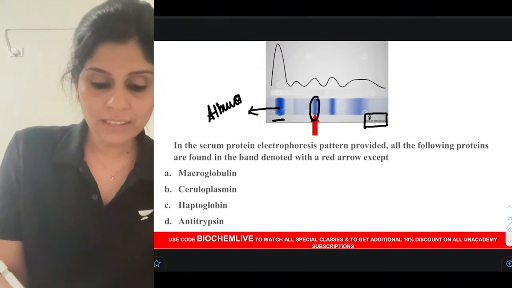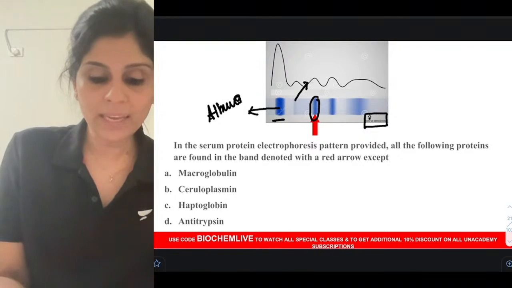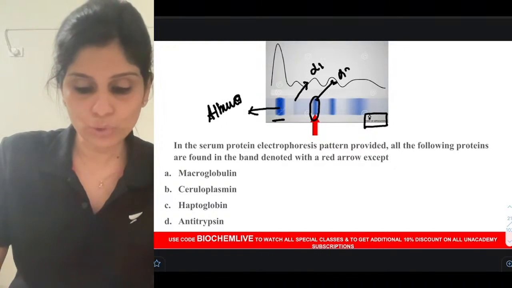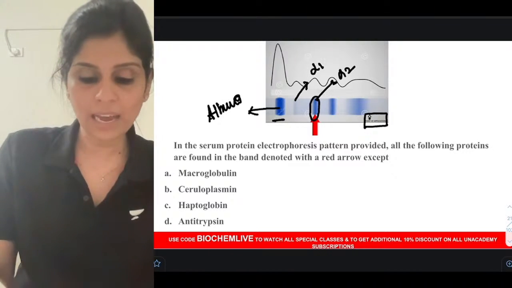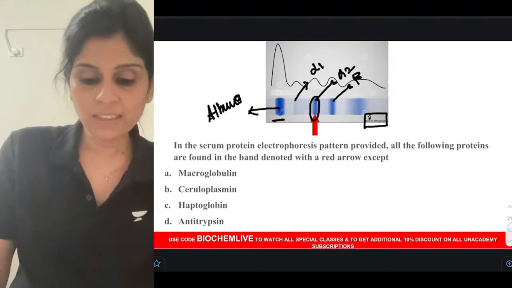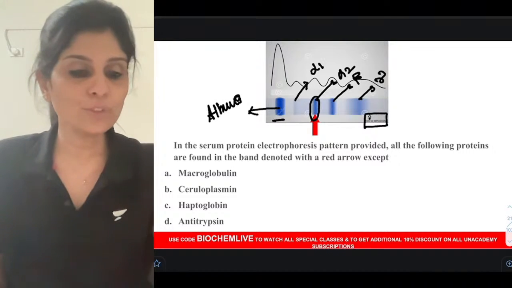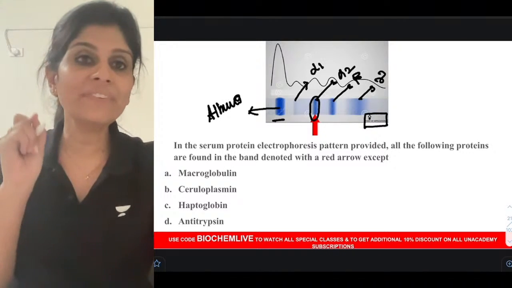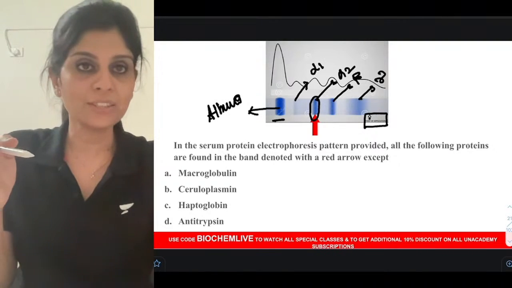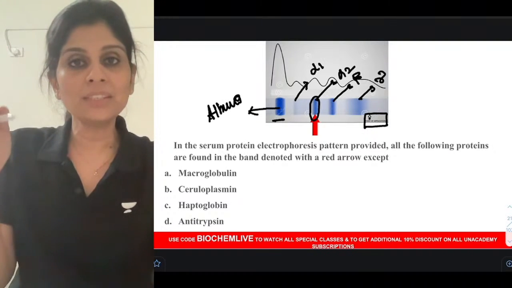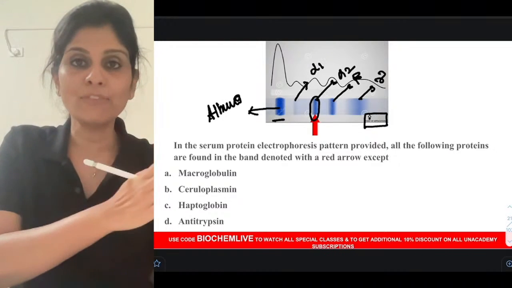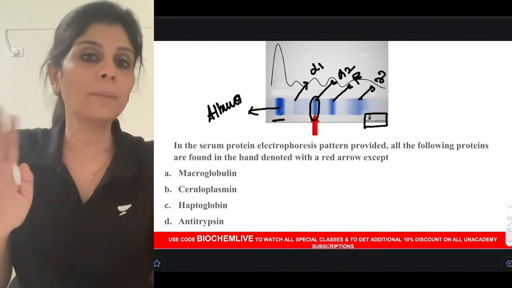The one after that, do you see a small or narrow band here? That is the alpha 1 band. And this is alpha 2. Albumin, alpha 1, alpha 2, beta, and a diffuse band that you see here, that is the gamma band. Have you understood how we mark it? So the first fact that you should see in an electrophoretic separation is where is the point of application. From the point of application, the extreme band is the albumin band. After albumin, it is alpha 1, alpha 2, beta and gamma band.